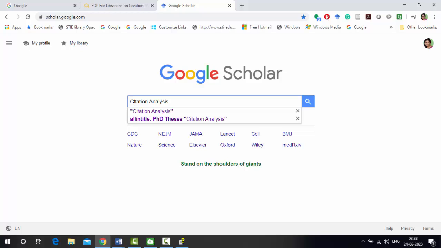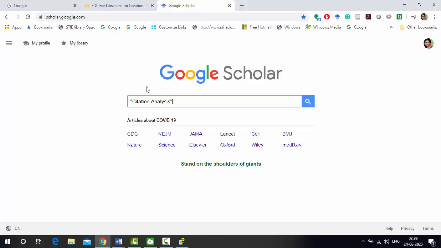When you want Google Scholar to treat citation analysis as a phrase, then you have to put it in double quotes. This way you can get the most relevant articles.